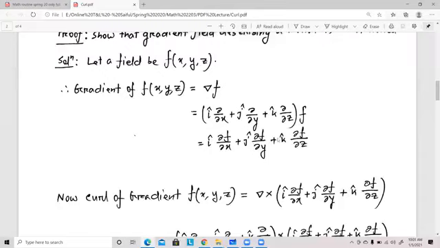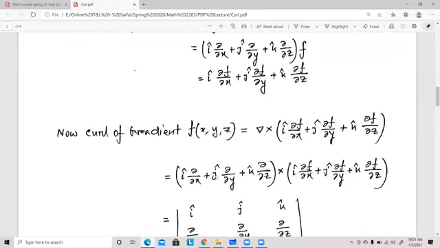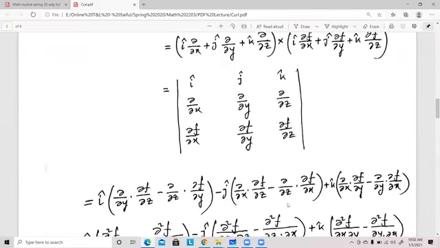এটা কার্ল কিভাবে বের করব? হ্যাঁ, আমাদের ডেল ক্রস, হ্যাঁ আমাদের ক্রস প্রোডাক্ট নিতে হবে। ডেল ক্রস দিস and del is this I del by del x plus j del by del y plus k del by del z and gradient of f পেয়েছি হচ্ছে এটা। ঠিক আছে, তো এখন আমাদের যেহেতু ক্রস প্রোডাক্ট, সো উই হ্যাভ টু ইভালুয়েট দিস ক্রস প্রোডাক্ট থ্রু দ্য ডিটারমিনেন্ট। হ্যাঁ, আমাদের ডিটারমিনেন্ট নিতে হবে। ফার্স্ট ভেক্টর থেকে কি কি আসবে? প্রথমে i j k, তারপর হচ্ছে del by del x del by del y del by del z। সেকেন্ড ভেক্টর থেকে del f by del x del f by del y del f by del z।